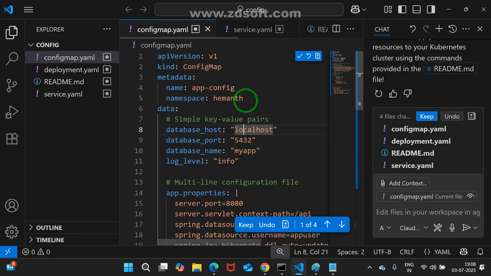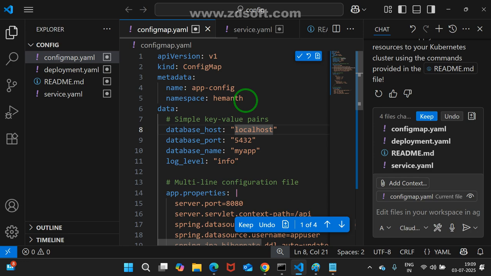In the configMap section, I said the API version is specified, kind is specified, metadata is specified, and there is no spec. It will be a data block. Is it okay for you? What did I say within the data block? Key colon value representation. Are you checking that key colon value representation is there or not? Database host localhost, database port 5432.